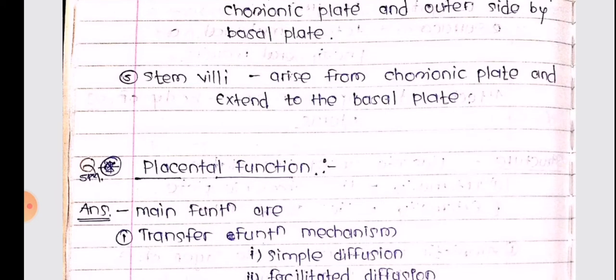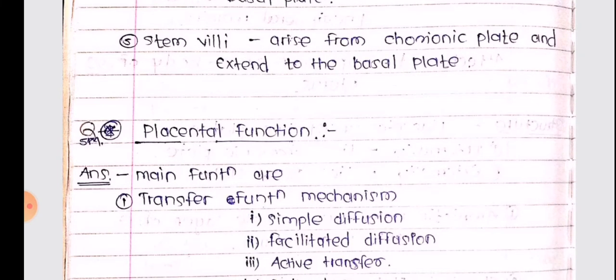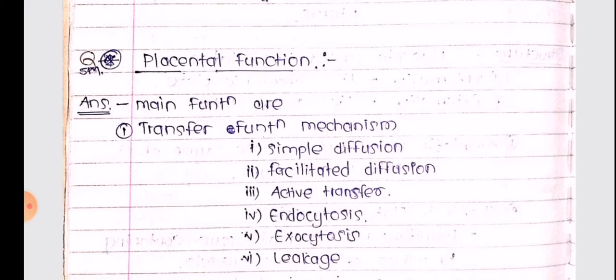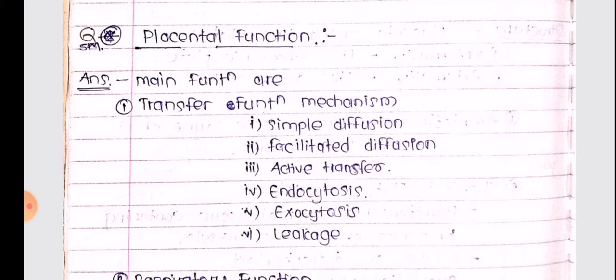Now after looking into the anatomical features of placenta, let us look into the important functions of placenta. This can be separately asked for 5 markers as well. These points are very important for you to remember, and make sure you don't miss any of them, because these are the bare minimum points which you need to write in examinations. You can always make your answers elaborate depending on how well you have read the textbooks and your other sources, but at the base foundation, these are the minimum points you need to remember to write the answers.